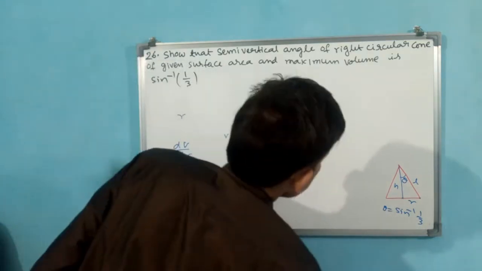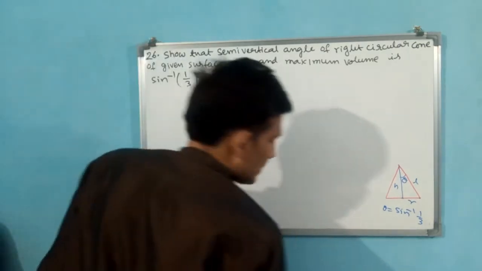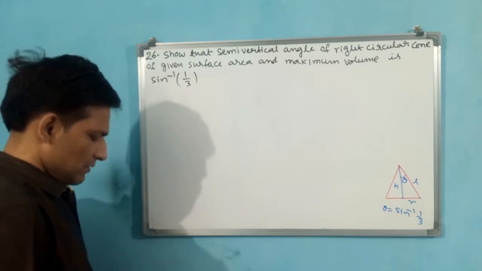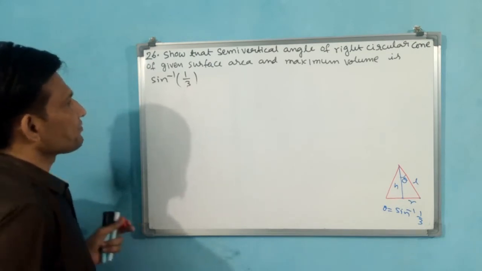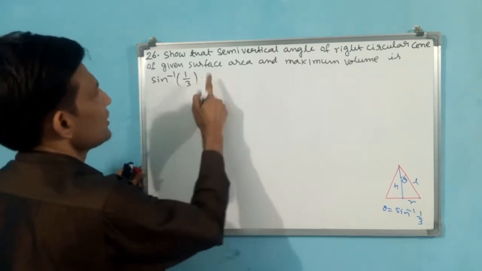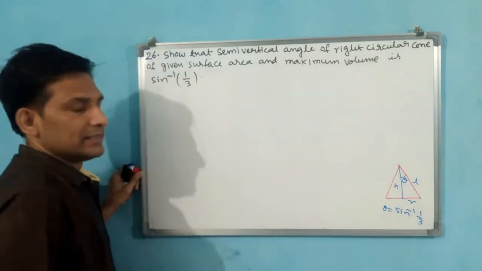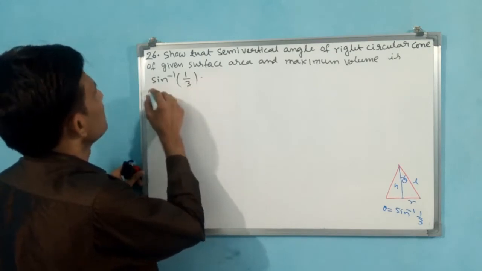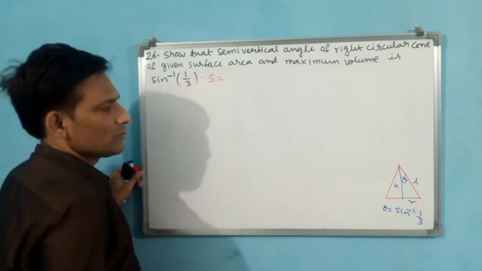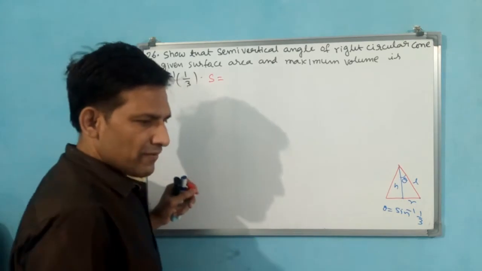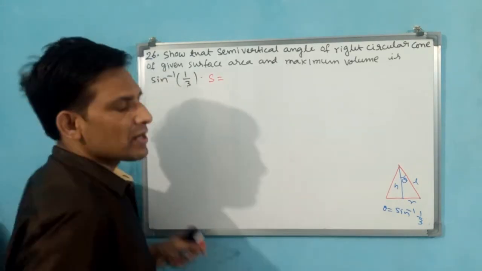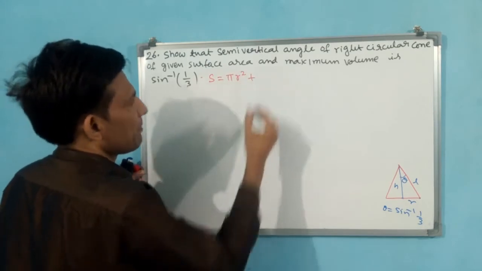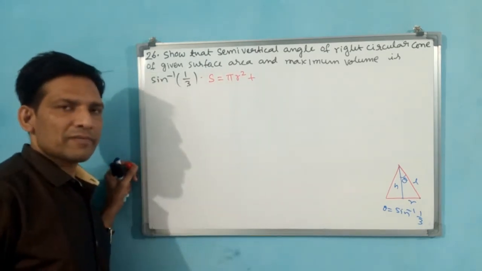Let us proceed. Let it be this figure. Whenever we don't have space, then we will remove it. You see what I am writing? This is the question, but from here onwards I will write the answer. I am writing the surface area formula. Surface area is equal to bottom surface area plus curved surface area. Bottom surface area is pi r square, plus curved surface area pi r L.